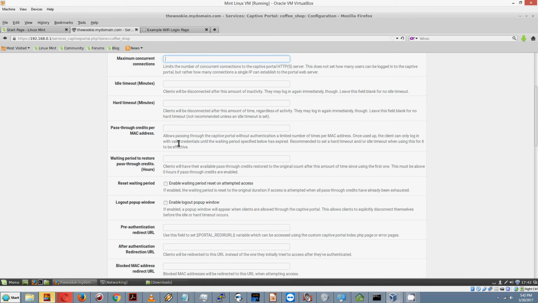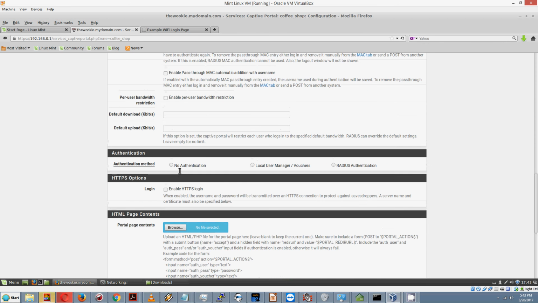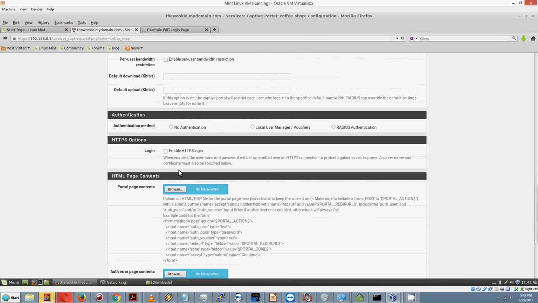So this allows you to reconnect a certain number of times without authentication if your MAC address is already authenticated. Or if the network interface you're using to connect the MAC address was authenticated. And there's a waiting period to restore pass-through credits, and it says clients will have their available pass-through credits restored to the original account after this amount of time since using the first one. And I won't cover all the options here, but we'll scroll down here. And so first I want to show